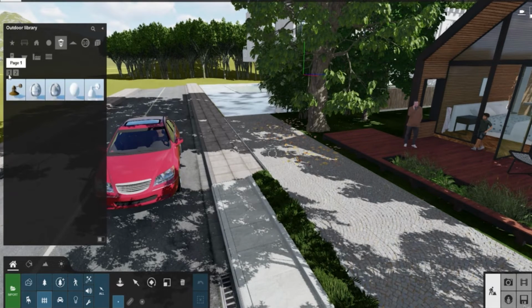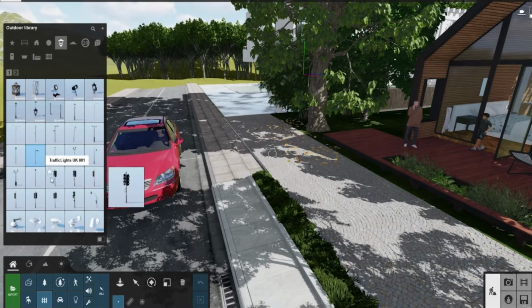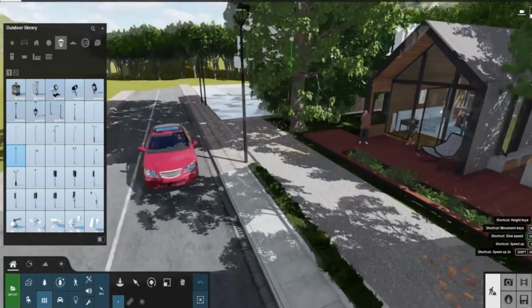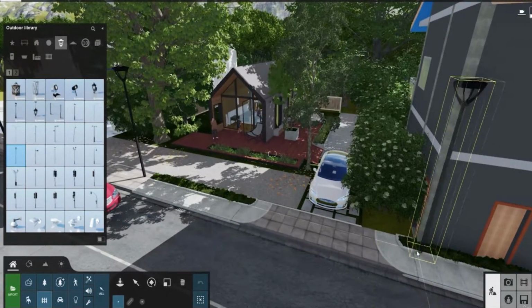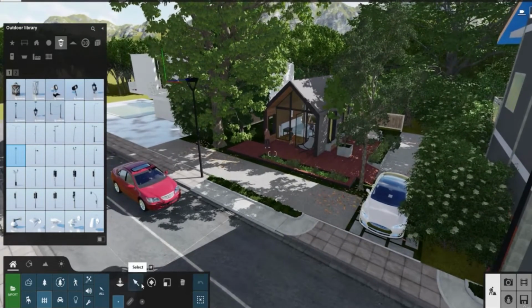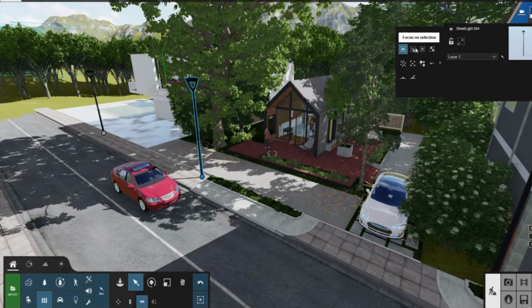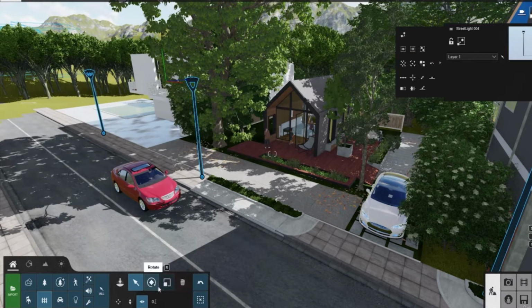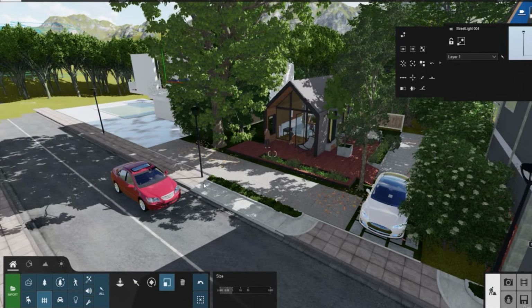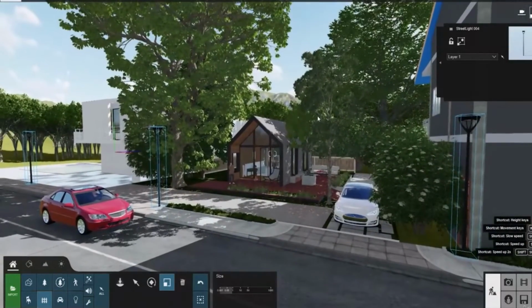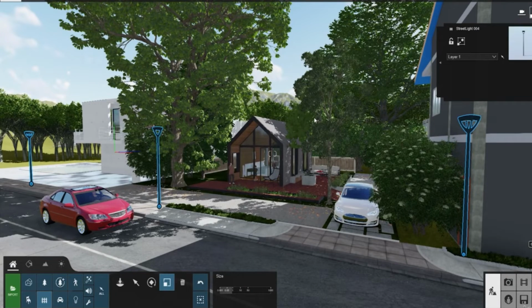We will add this one, and you can click this object, and select all identical objects like this, and you can reduce the size of it similarly. Okay, now we have